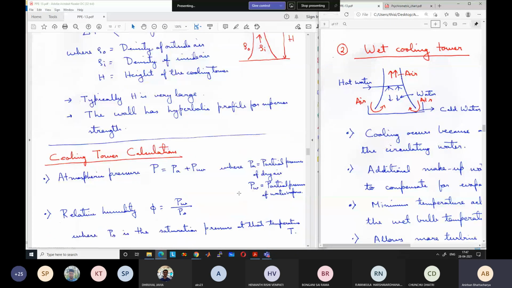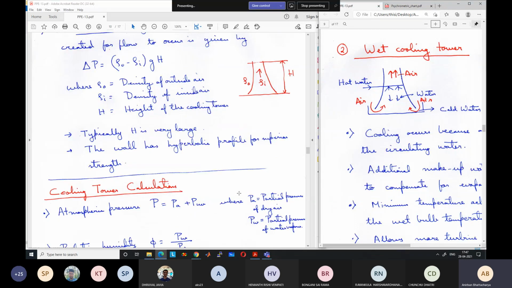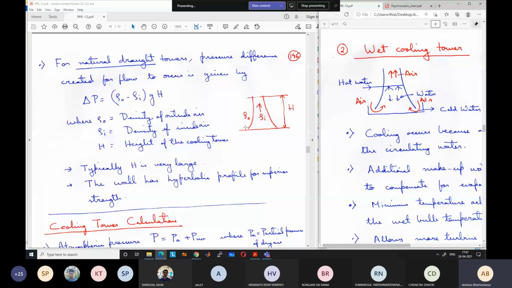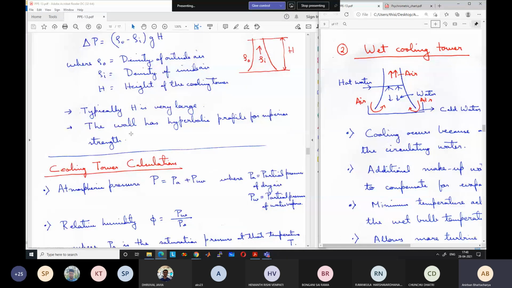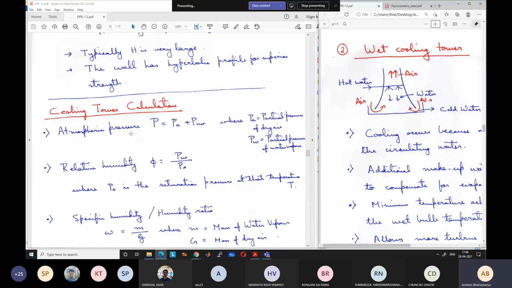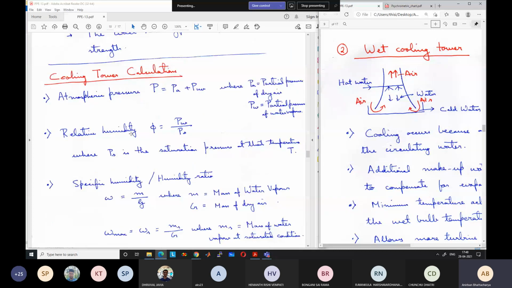Okay. So now we will go into a few preliminary calculations of the cooling tower. In this course we just have very preliminary calculations of the cooling tower. We will just see how to relate the mass flow rate of water with that of air, and small things like how to find the approach and range, based on other given parameters.